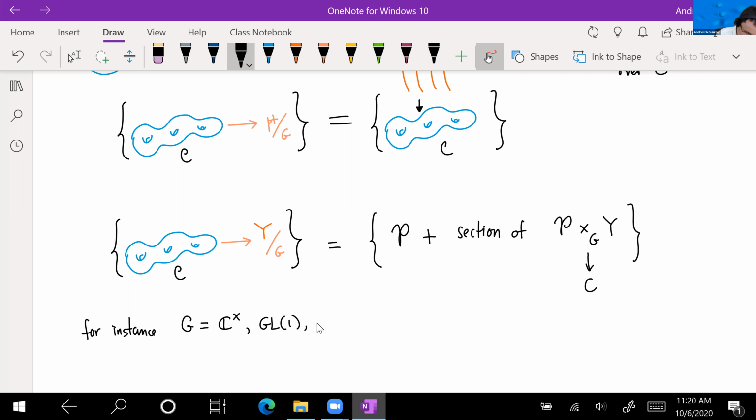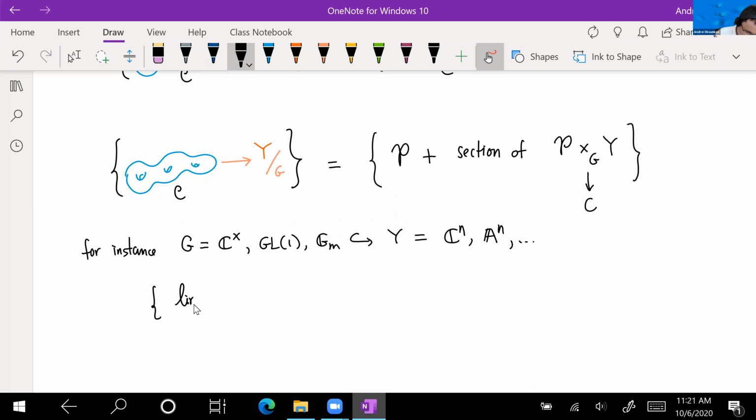And then it'll be operating on Y, which is C^n or A^n, whatever notation you like. Then what is that space? That space becomes a principal GL1 bundle, which is the same as a line bundle. So you get the line bundle space, the line bundle